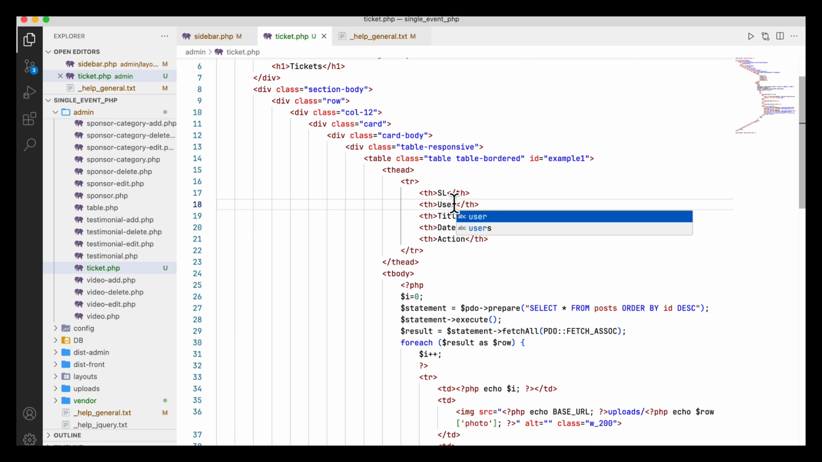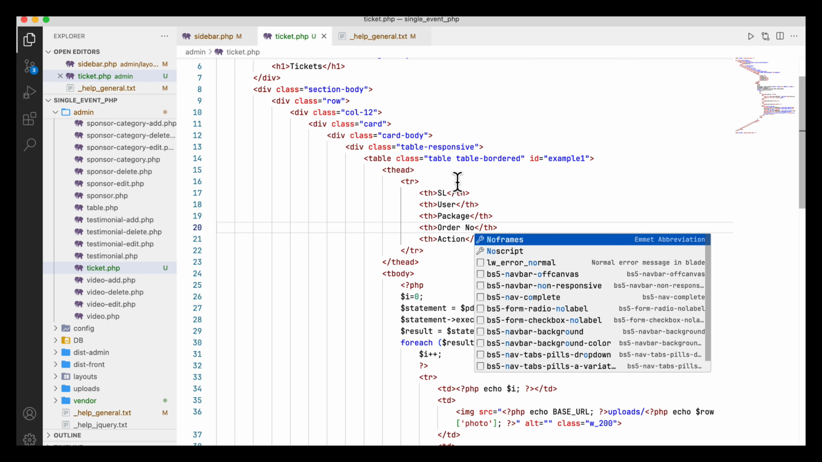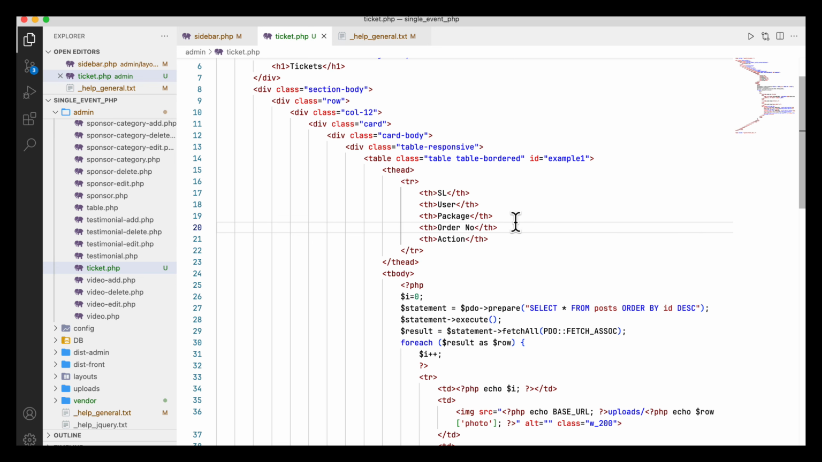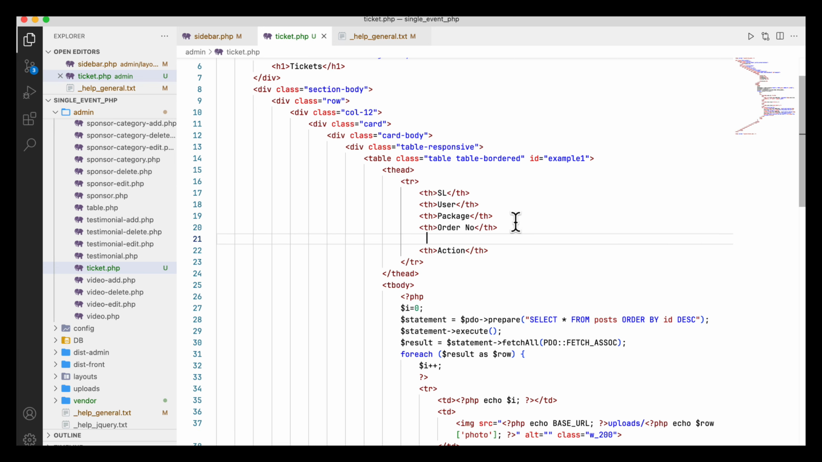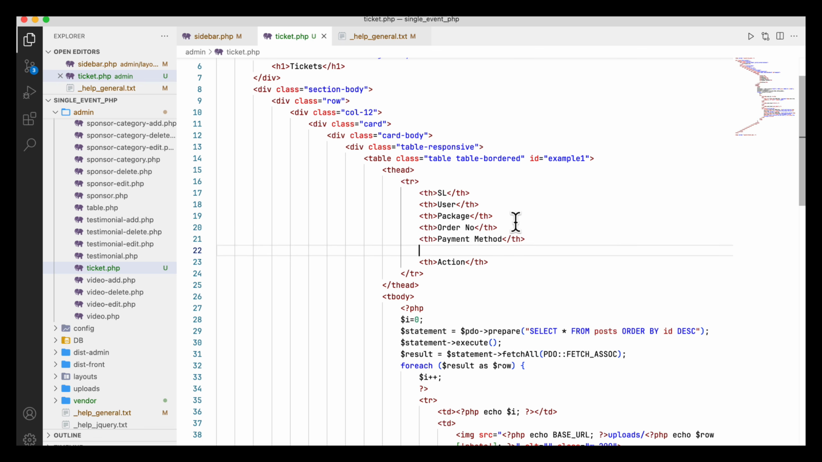So give here the user, and then there is a package. So package information will be here, and also there will be other information. For example, the order number, I have a field that is order number, and there can be payment method. If you want, you can show the currency. It depends on if you want to show it or not. Then per ticket price,